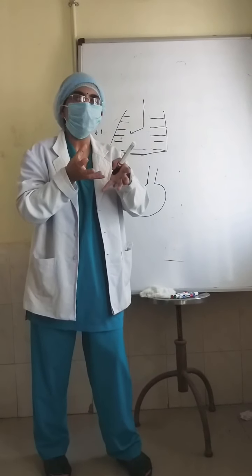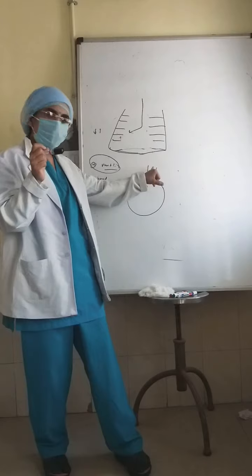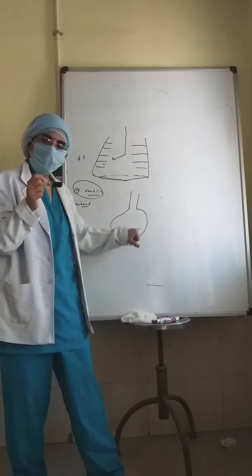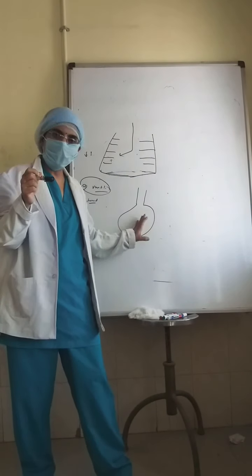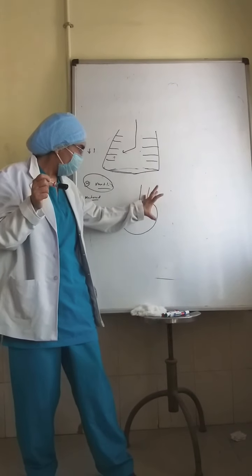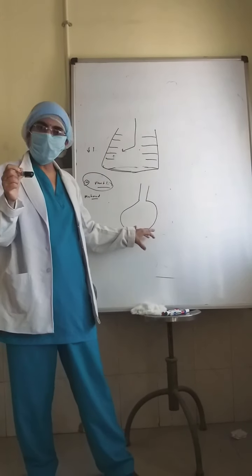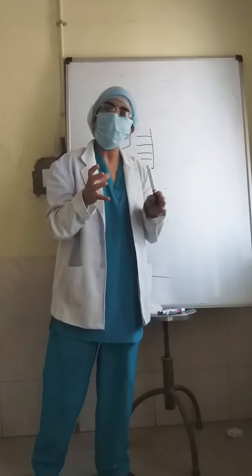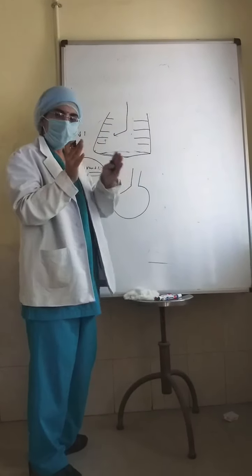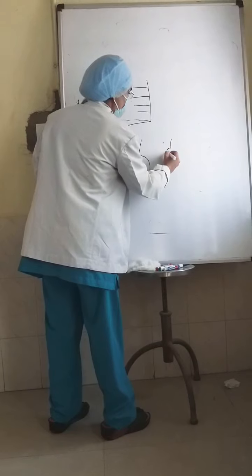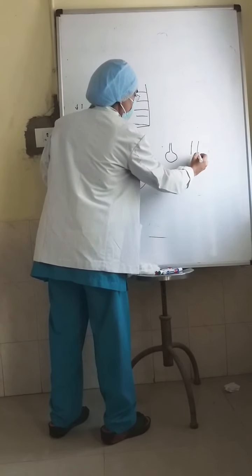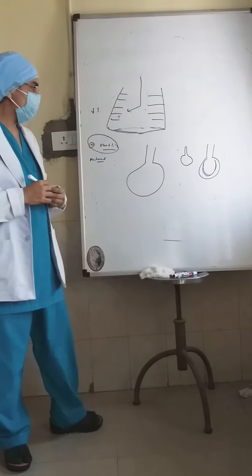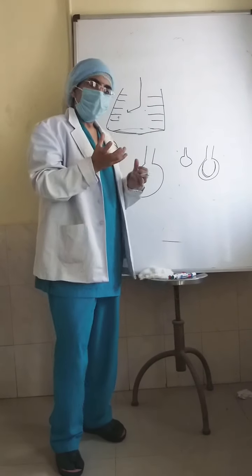Why does it require more pressure? Because you have to overcome the resistance offered by the airways, and whatever inflammatory material is in the alveoli, you have to displace with air. So you need pressure to overcome this resistance and the compliance issue. But once it is opened up, you need only minimum pressure to sustain it. Initially you need more pressure to open it; once it is open, it will inflate very easily. This is the normal opening and closure of alveoli.